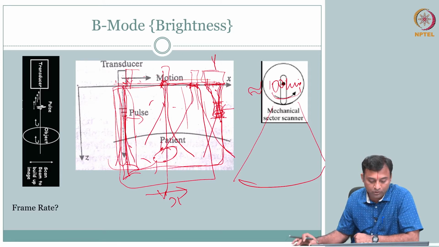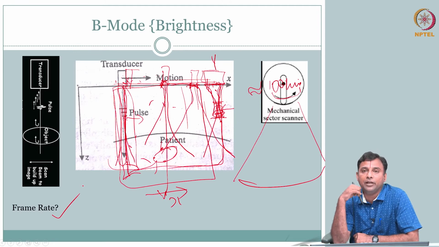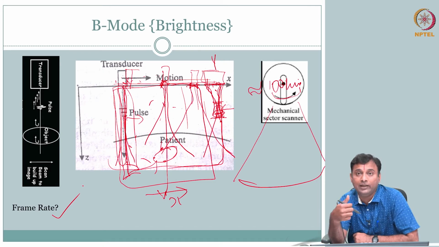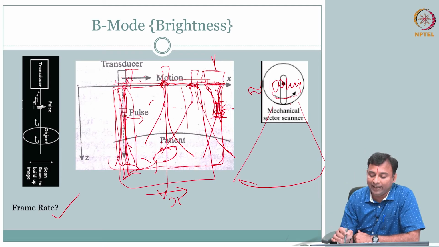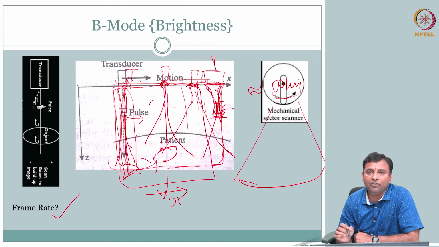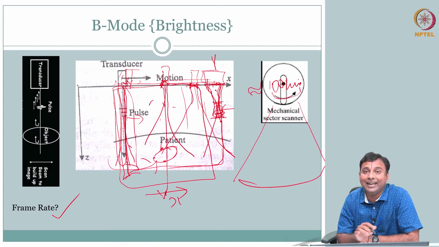So the frame rate also came into the picture. You wanted to see in real time, you want to see the baby sucking, right? So that means you have to do it faster and with better quality, so the whole benchmarking of ultrasound images changed. Instead of scanning mechanically, the whole idea of electronic scanning using an array transducer, having multiple elements instead of only one transducer moving like this, the concept of the array transducer kicked in during the 90s, and that changed the whole landscape of ultrasound imaging.